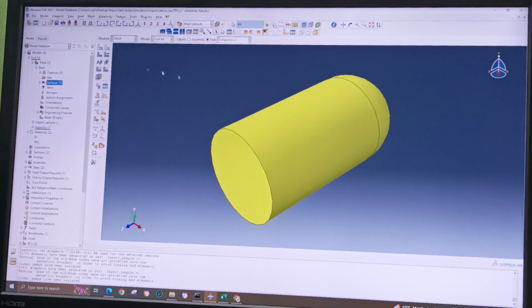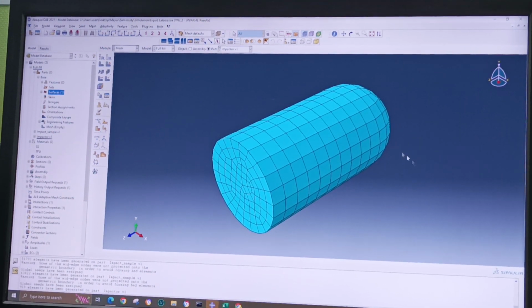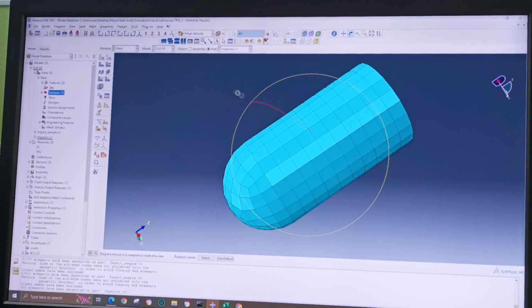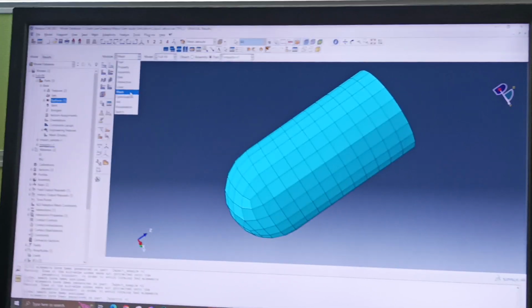Go to the impactor, I've already said this. Now I click on the mesh. Yes, so it's done. The impactor is also meshed. Okay, now we finished everything here. Now we go to the